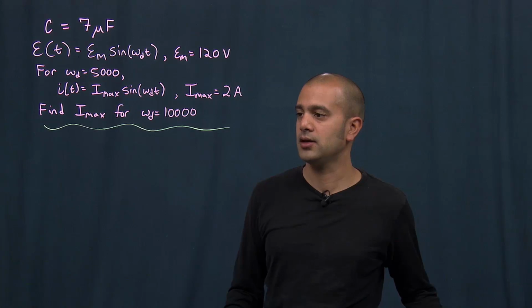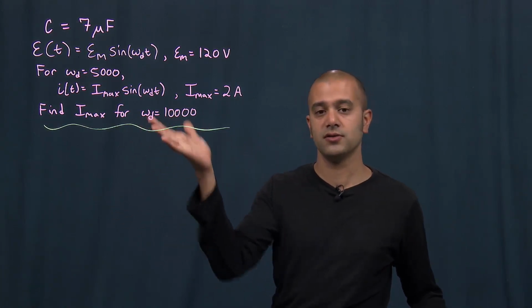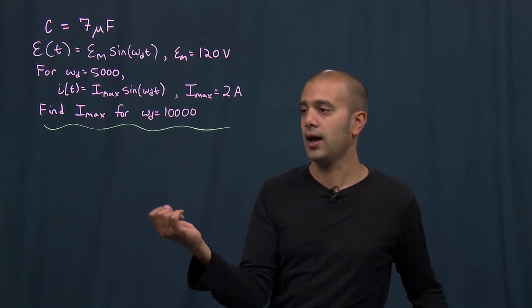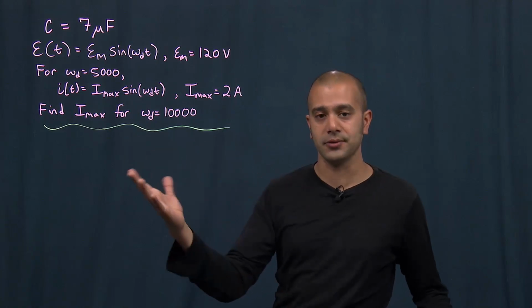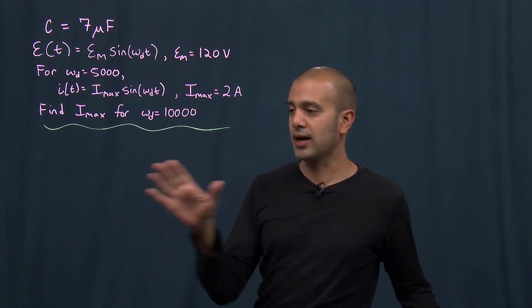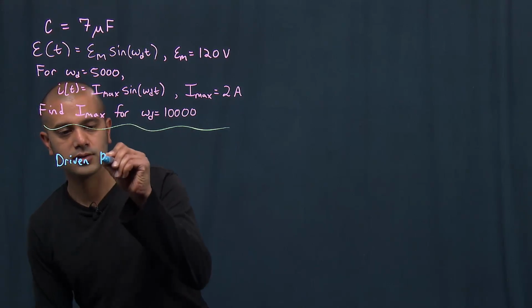What you'll find is an equation for the charge as a function of time. If you differentiate that charge as a function of time, you'll get the current as a function of time. And that'll tell you basically how the current behaves in response to different frequencies and different driving forces. I'm not going to carry that out here, but let me just go over the results. For driven RLC circuits,